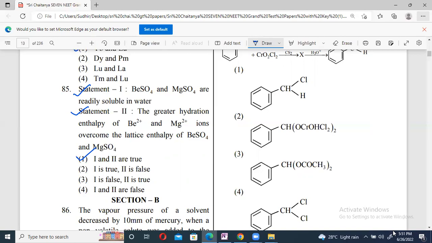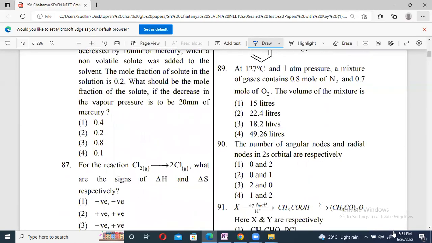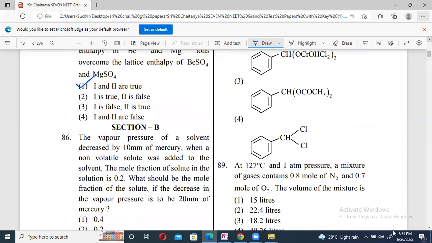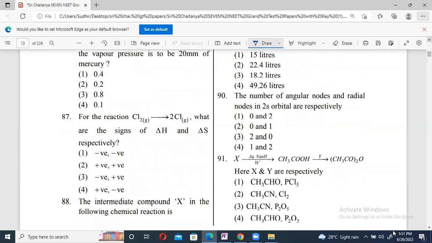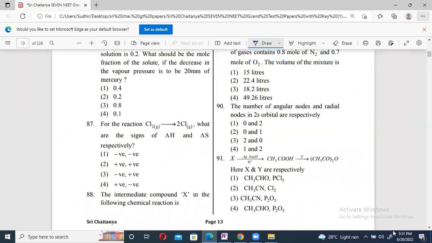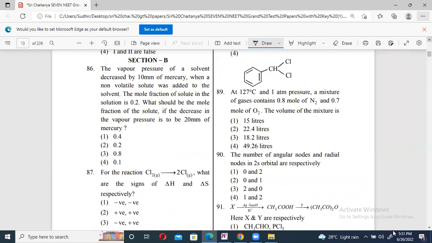Right? Section B, beta. Now, as my Zoom meeting is only for 40 minutes and the last 1 minute is left, the second part of Section B will continue in the next part. But till that time we'll see what we are able to solve. We'll check this one. Question number 86. Vapor pressure of a solvent decreased by 10 mm of mercury when a non-volatile solute was added to the solvent. Mole fraction of the solute is 0.2